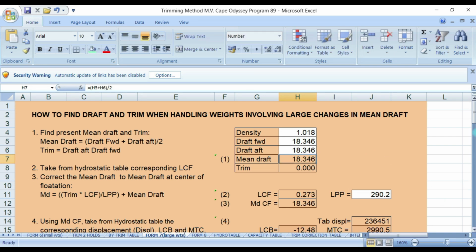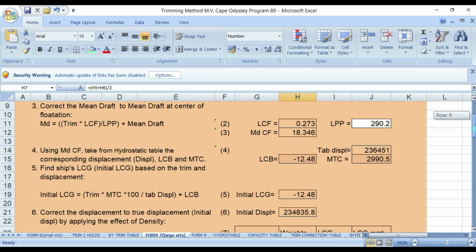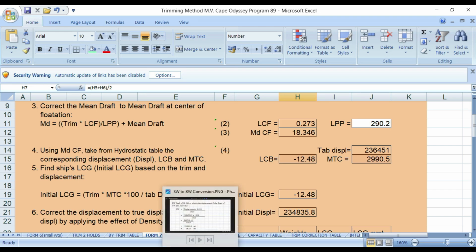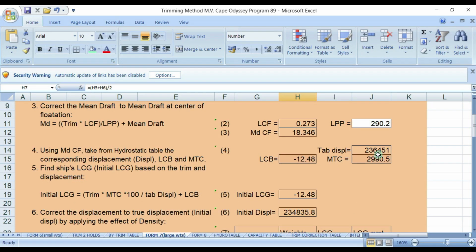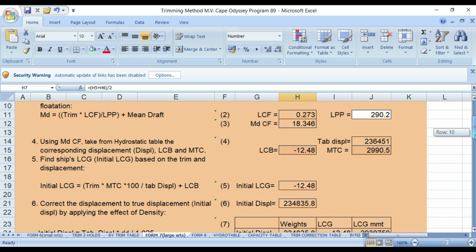What will be the displacement? It should be 23645.6. Oh, this one, 23645.1. This is salt water. Okay, so you got there.